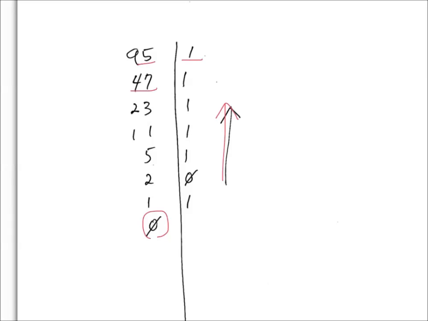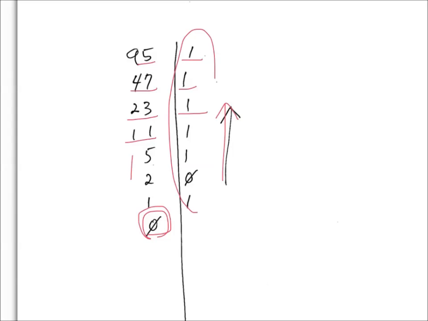If you divide 47 by 2, the quotient will be 23 and the remainder will be 1. If you divide 23 by 2, the quotient will be 11 and the remainder 1. So you keep doing this until you hit 0, and then collect